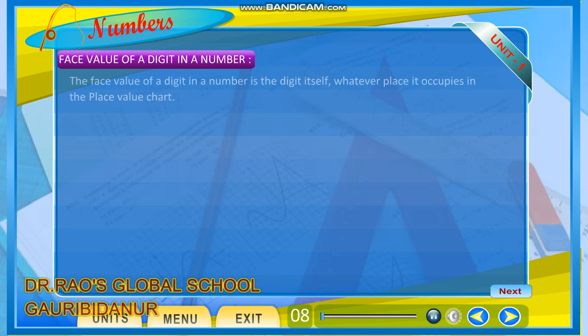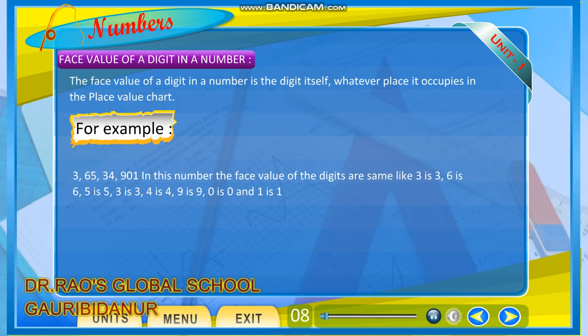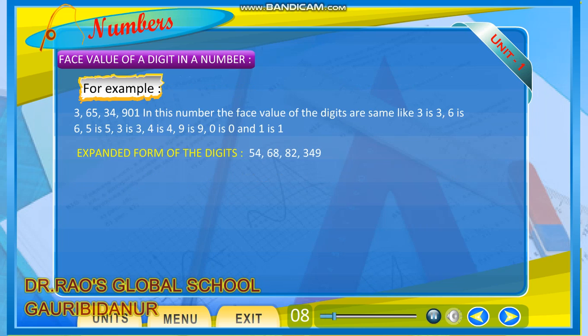Face value of a digit in a number. The face value of a digit in a number is the digit itself, whatever place it occupies in the place value chart. For example, 3 crores 65 lakhs 34,901, the face values are the digits themselves. 54 crores 68 lakhs